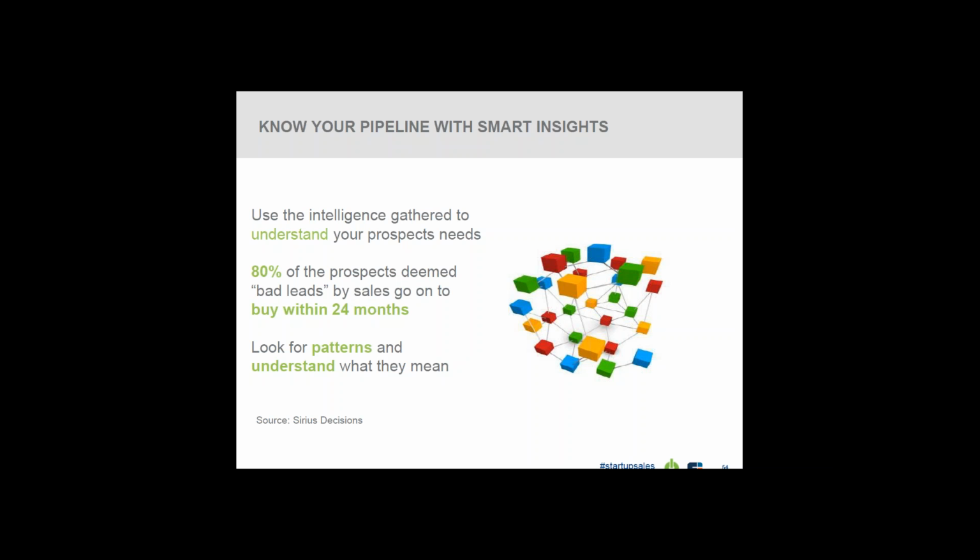And the other thing is making sure you're looking for patterns and understanding what they mean. We've got a lot of data at our disposal now, and we want to make sure that we're understanding who to focus on, what those patterns are meaning. If people visit this page, are they more likely to buy? And making sure then that we're scoring that page appropriately, so then everybody who hits that web page or takes